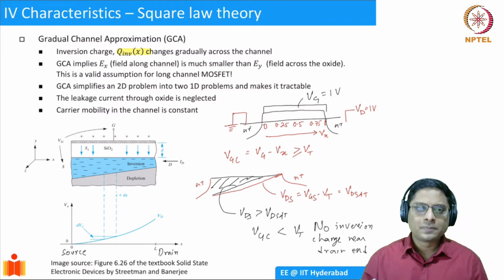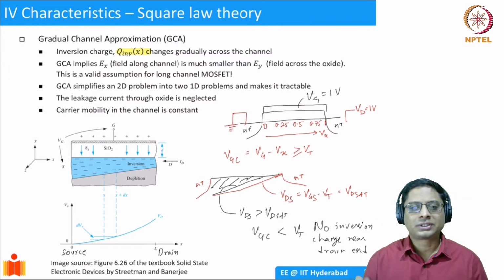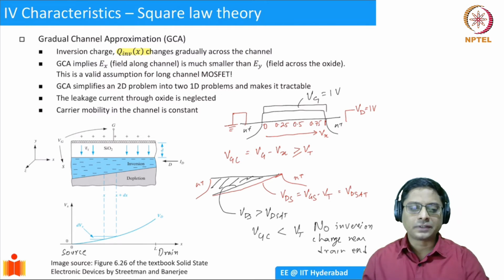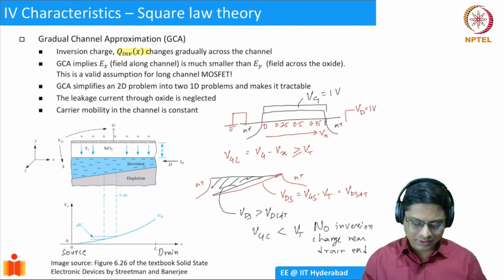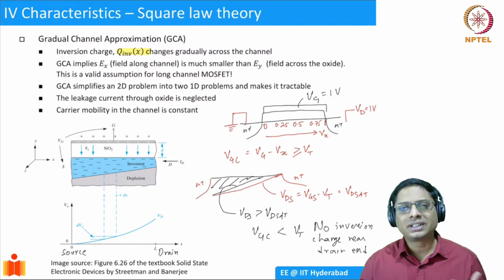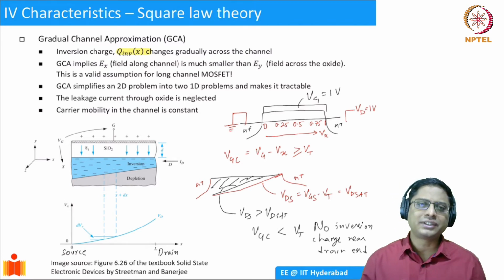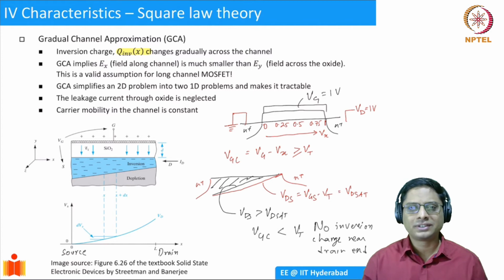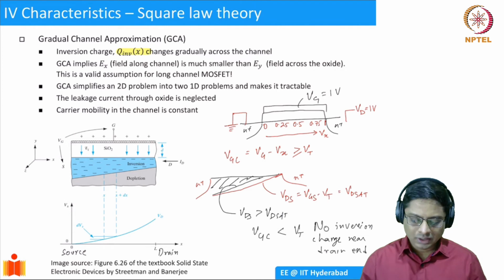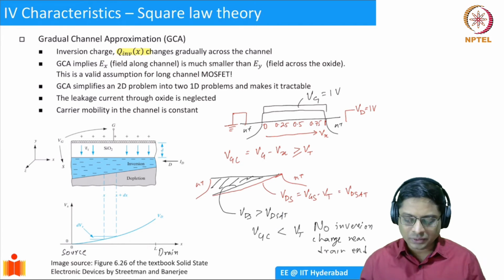Also, we are assuming that there is no leakage from the gate oxide. That is an ideal silicon dioxide, an ideal insulator. We are assuming that is still holding true. If not, we will have some trouble. And of course, for carrier mobility, we are assuming that it's a constant thing. In reality, it doesn't turn out to be constant. There is some dependence on the gate voltage, but for our purposes right now, we will neglect that. So this is the gradual channel approximation. And what is the drain current now?